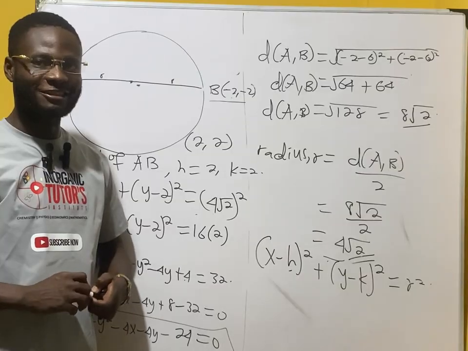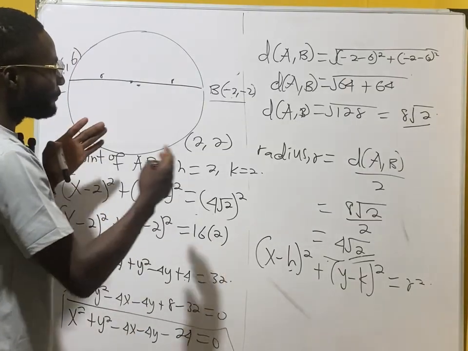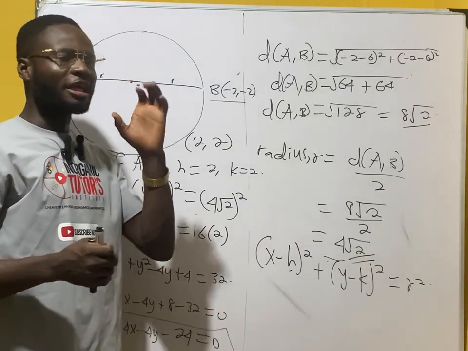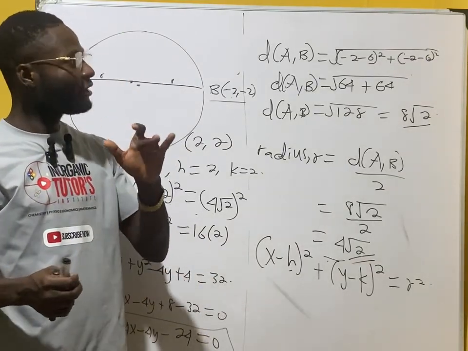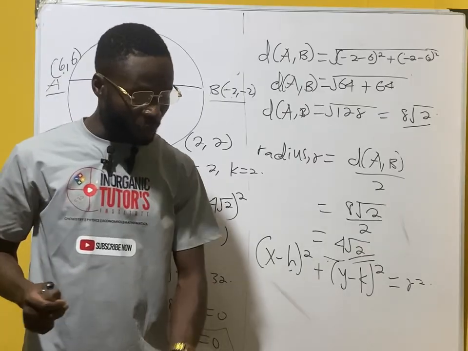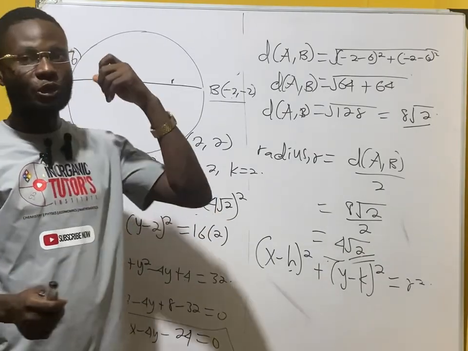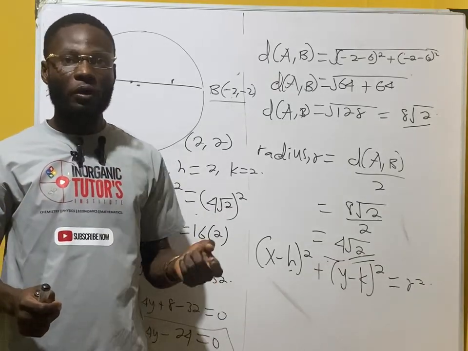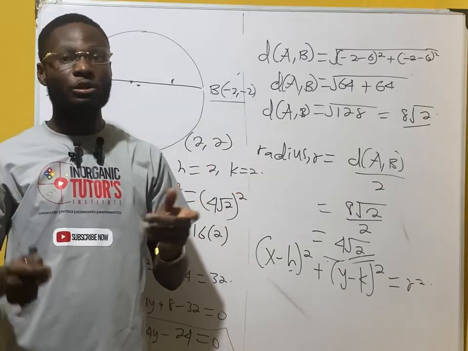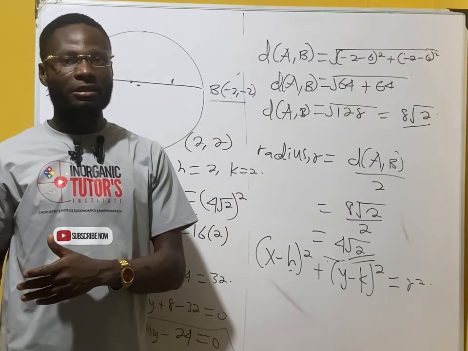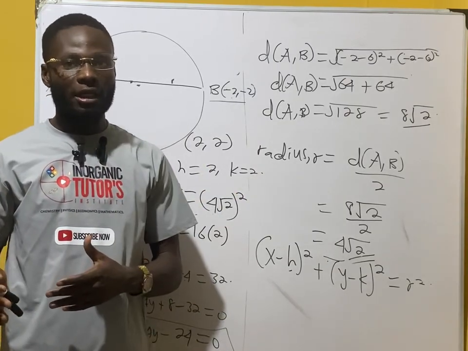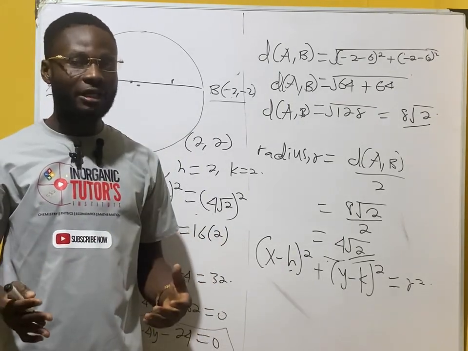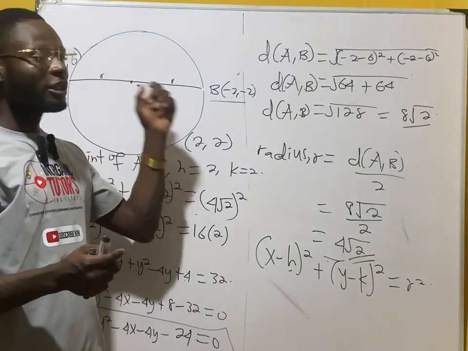That is the process. Whenever you are not given the coordinates, but you are given a problem with a straight line and the equation of a circle, and you have to find the coordinates, first of all, use the straight line, substitute into the equation of a circle, find either of the coordinates, then use the straight line to find the other coordinate. Once you have the coordinates,